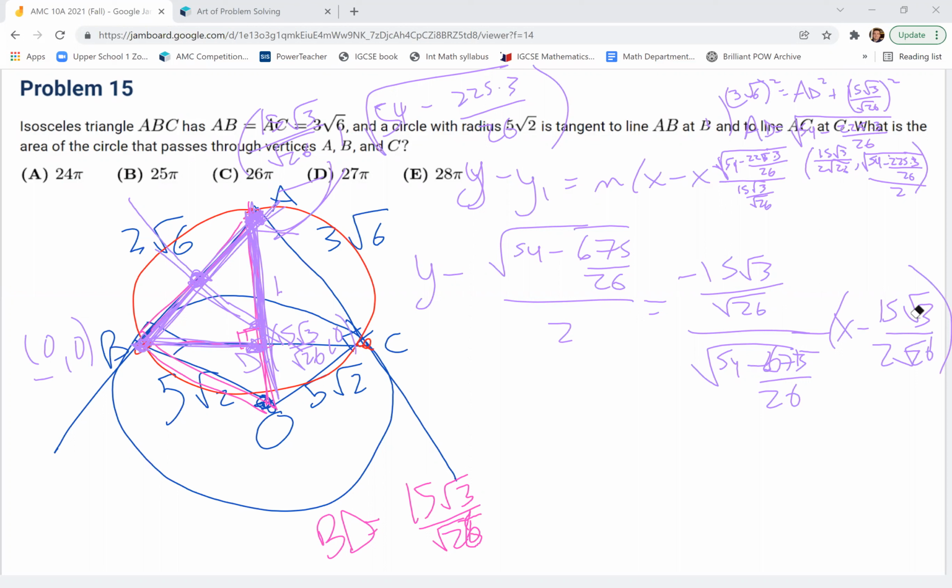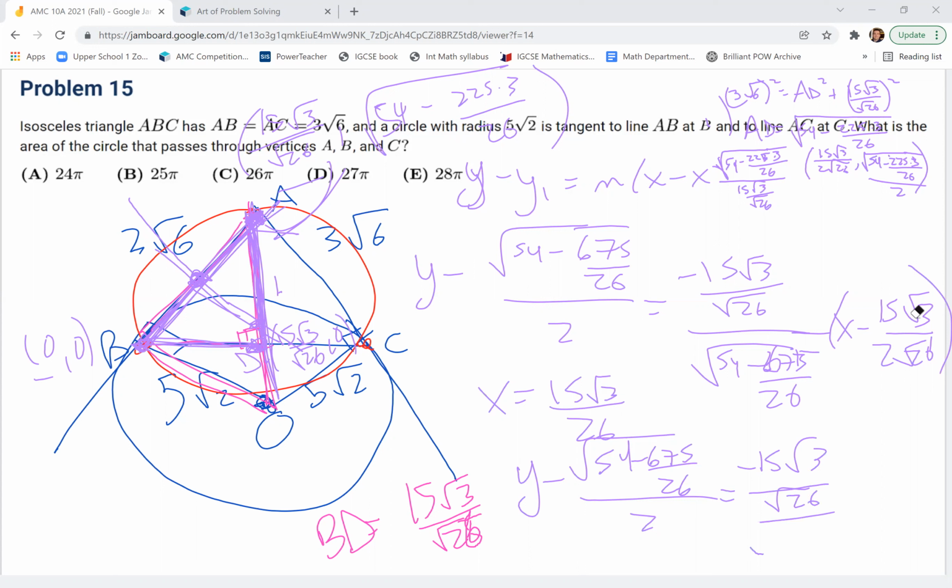Now, I want to know where this intersects with the line x equals 15 root 3 over root 26. So I essentially want to plug in that for x. What that's going to give me is y minus root 54 minus 675 over 26 over 2 is equal to negative 15 root 3 over root 26 over square root 54 minus 675 over 26 times, and since I'm subtracting half of it, I'm just going to be left with the other half of it. So 15 root 3 over 2 root 26. And by solving this, which is obviously not a pretty thing to solve, what I end up getting is,